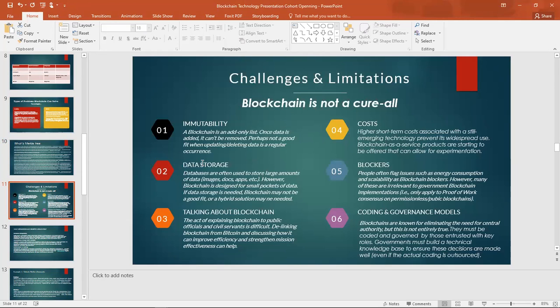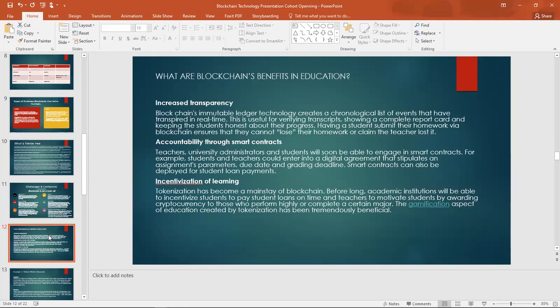The limitations of blockchain. Since blockchain is not a cure for everything, it's just a tool that you can use for specific tasks. If part of your organization wants to use blockchain, it can, and for the other part you use maybe AI, or you combine both. So we also looked at an example,